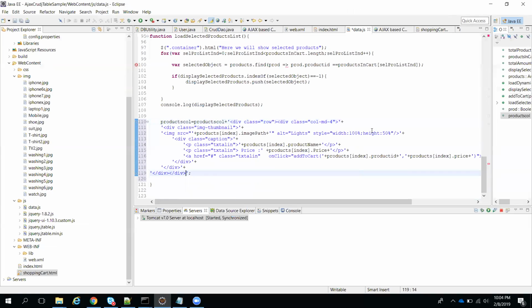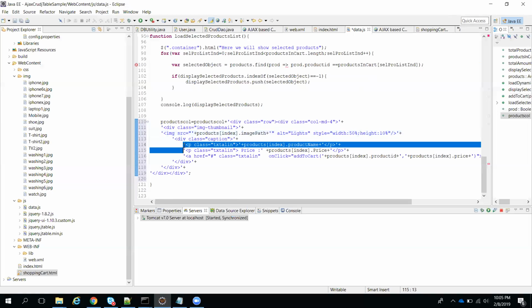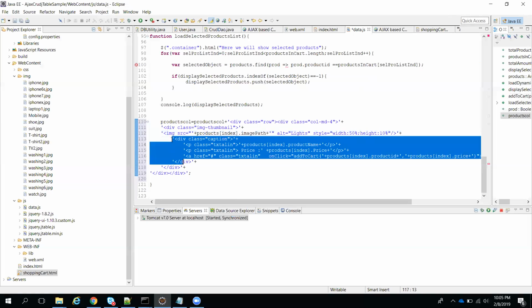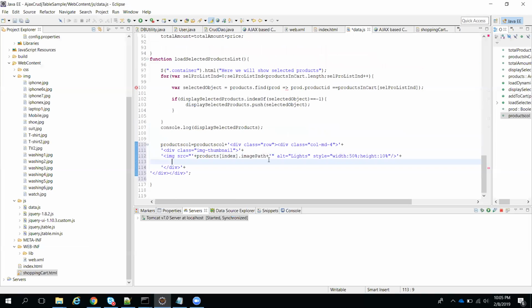At present I want to show only an image with height equal to 10%, width equal to 50%. Okay, I will show only these things in a different div. So I'm just modifying the existing one. I want to show only the image inside one div. In a real-time application, if you see a small image, they will show it on the left side, and the remaining details on the right side. I'm trying to do that kind of functionality. So I will delete this because I want to show only one image.